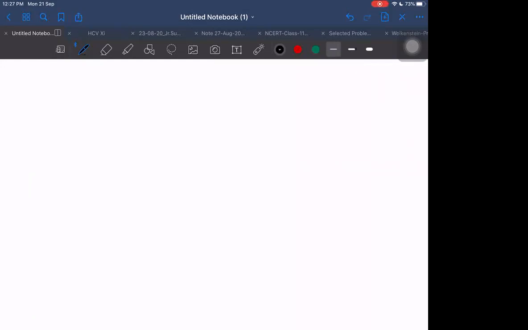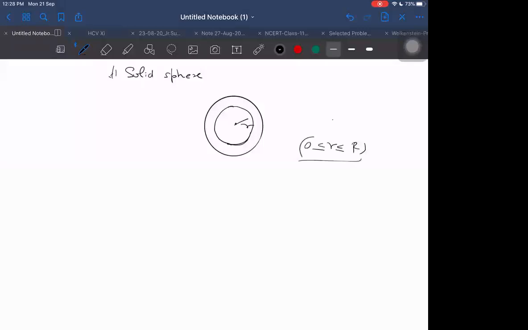So as of now, let us at least finish this solid sphere part. For a solid sphere, I am asking you to find the field at a point inside the solid sphere. A random point or at the center? At a point which is between 0 and r, that means E inside. What is E inside due to a uniform solid sphere?